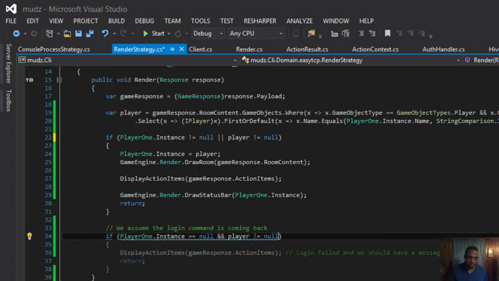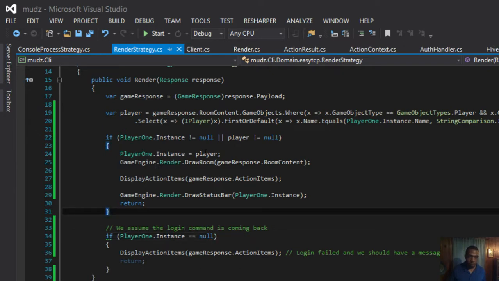And then here, it's going to fall through. Things should be good. We're going to beef this up a little bit, but so we're either already logged in and performing a subsequent action, or we just logged in and have a player and presumably some welcome thing or whatever.